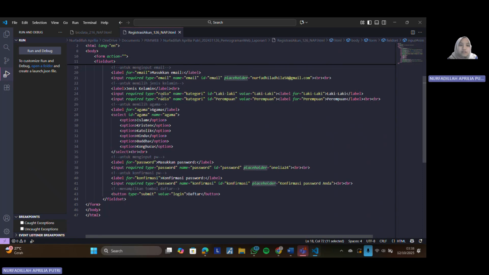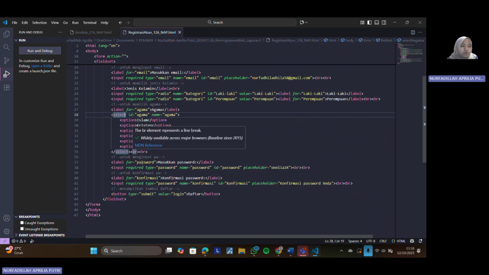So this, we also have the type radio button for gender, male or female. Only one can be chosen. And we use select with option to make a drop down for religion.